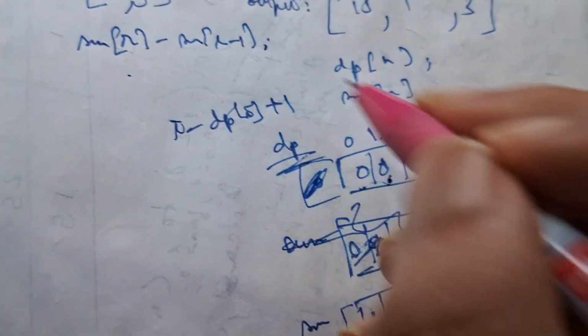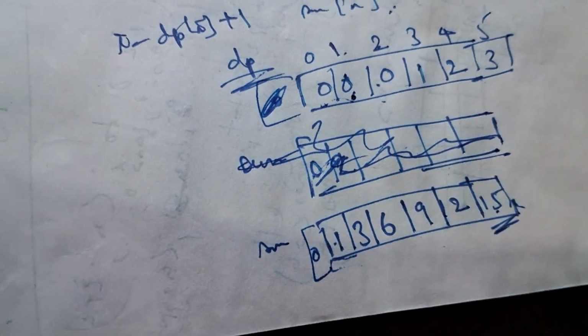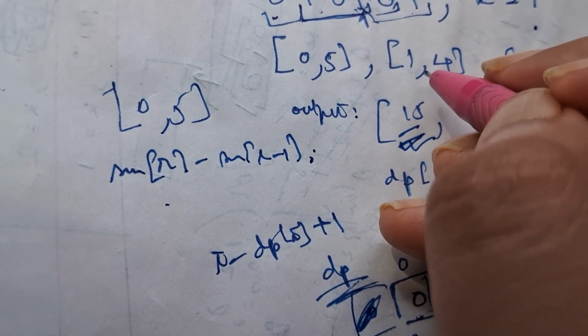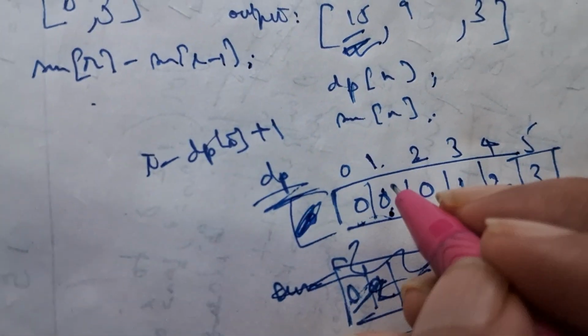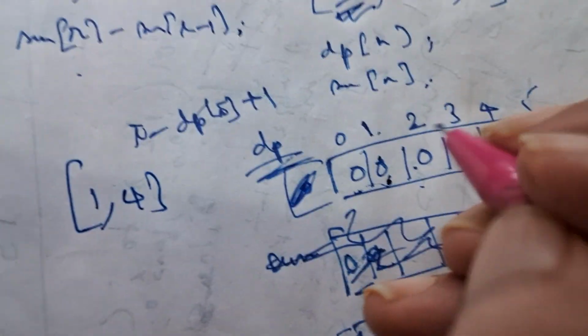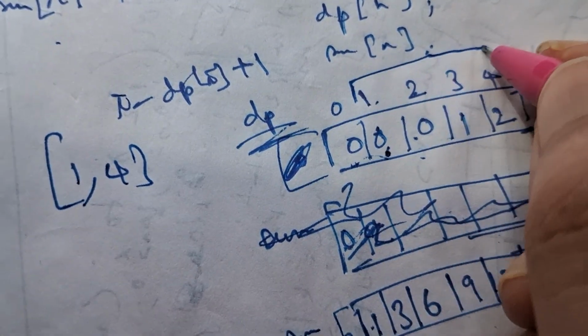So sum of R minus sum of L minus 1, that is 15 minus 0, right? 15 minus 0 is 15. We can go for it. Done. Now if we consider 1 comma 4, this is this range, so let me consider 1 comma 4. Now in this range